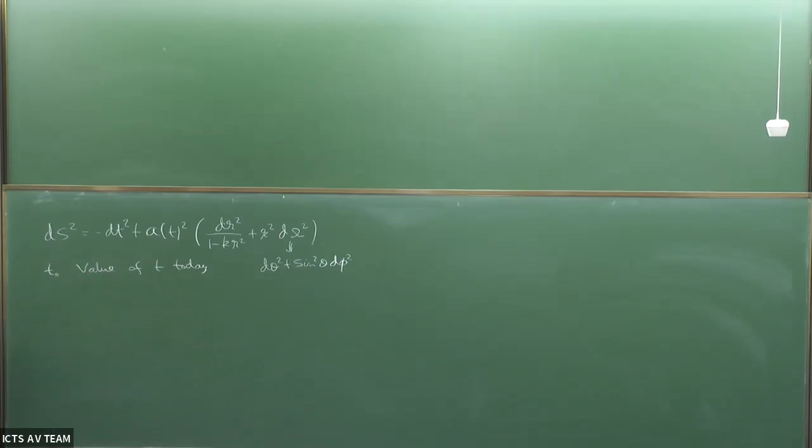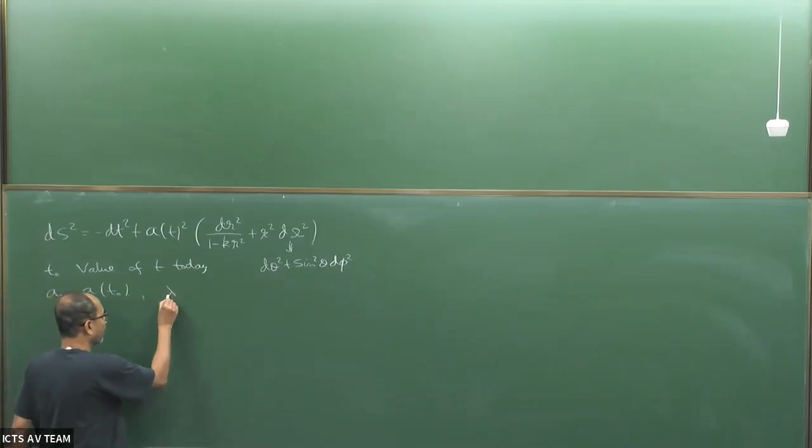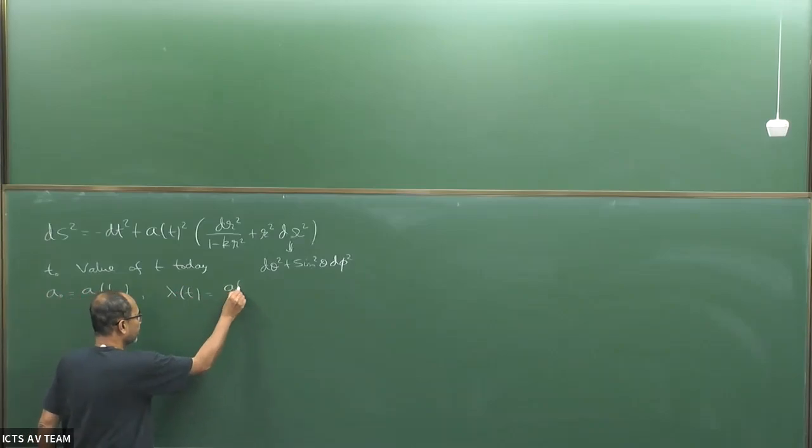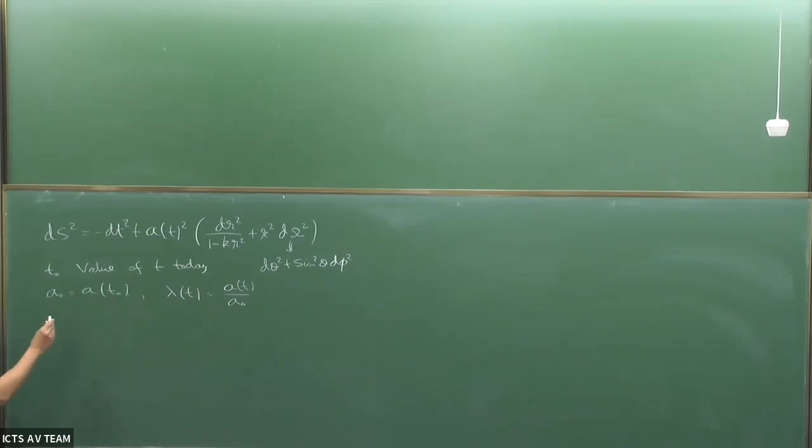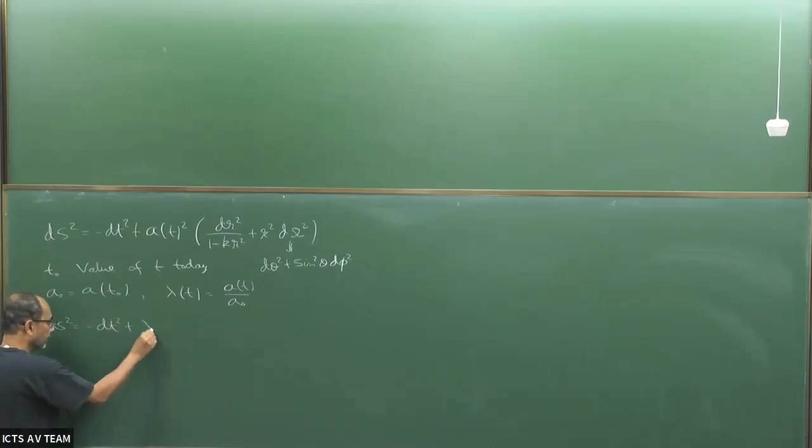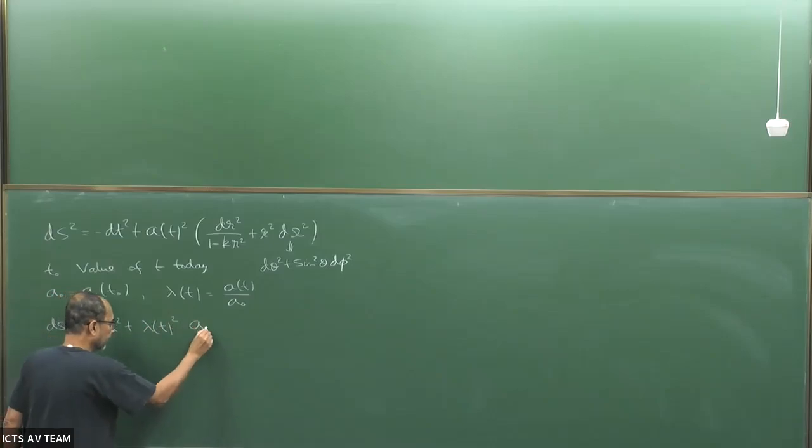Okay. So t naught is the value of t today, and we define a naught as a of t naught. And we'll define another quantity lambda of t as a of t over a naught. So lambda is a ratio of a of t to today's value of a. Okay, that's the definition of lambda. So using this definition, we can write ds square as minus dt square plus lambda of t square a naught square